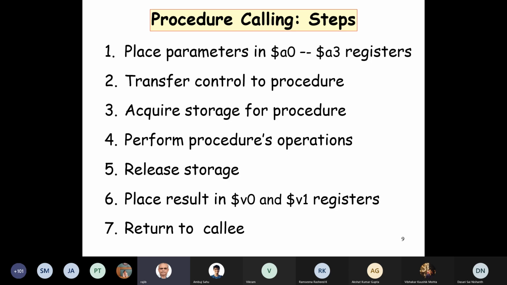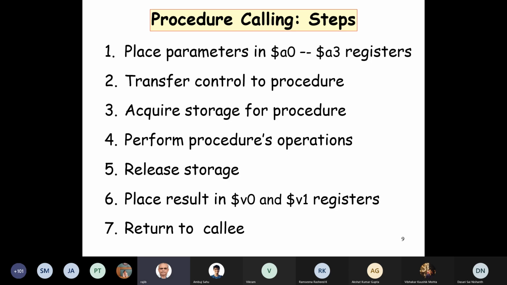And once we are inside the procedure, if we want to disturb any saved register, then we'll have to push them onto the stack. So that's how we acquire the storage. We'll see in a small program now. And then we do the operations.